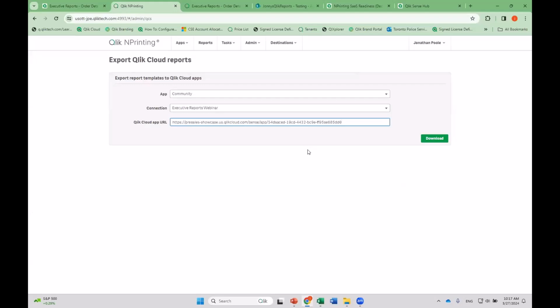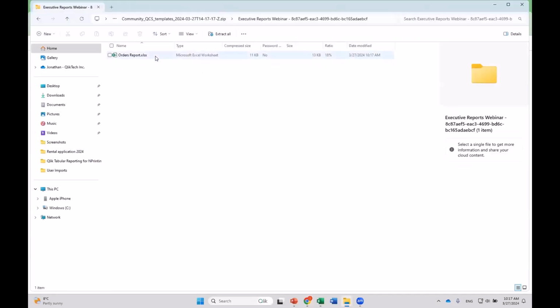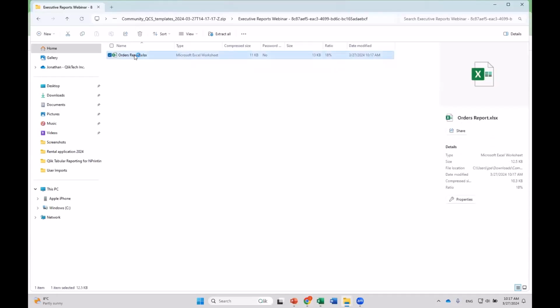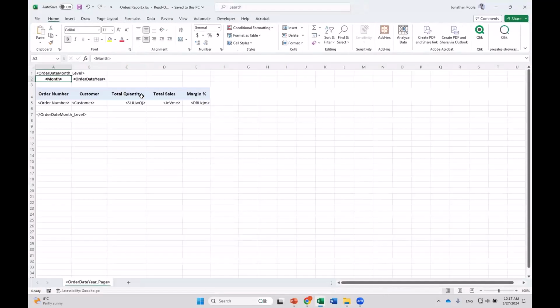This kind of procedure that I'm showing you won't be too dissimilar from what some of our NPrinting customers do today as they migrate reports between multiple environments. So that being said, I'm going to hit the download button. This is going to come down to my download folder, and I click in here, and I see that here's my orders report. So this orders report, I'm going to open this back up now in Excel,